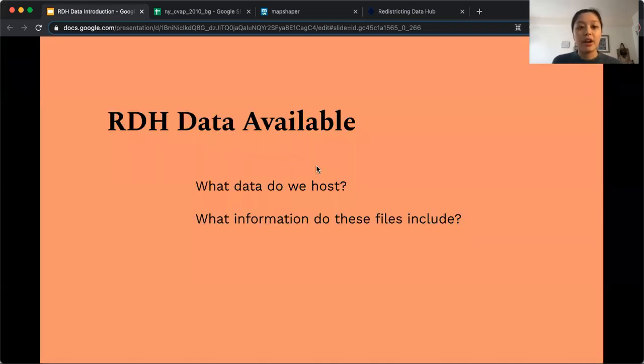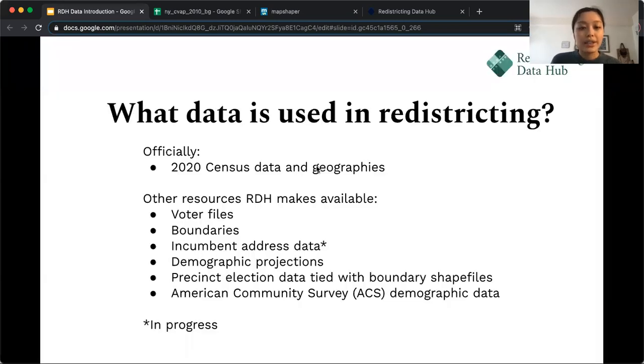In terms of our Redistricting Data Hub and the data that we have available, I will be highlighting the different data sets. For some of you this might be a refresher, but feel free to drop any questions in the chat. Specifically, I'll cover what data we host and what information these files include. In terms of what data is used in redistricting, officially, of course, the 2020 census data and geographies. This is usually explicitly required or just implied in the state constitutions. Some states do allow the use of census or other data sets. And some of our resources might be